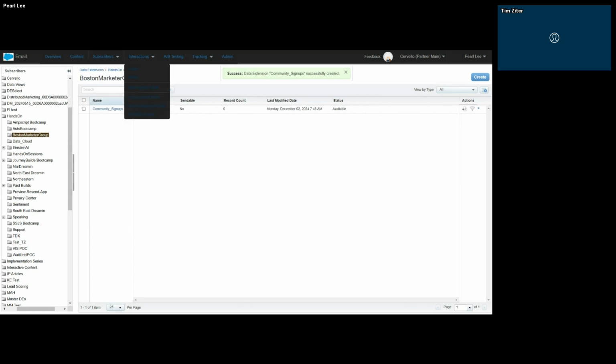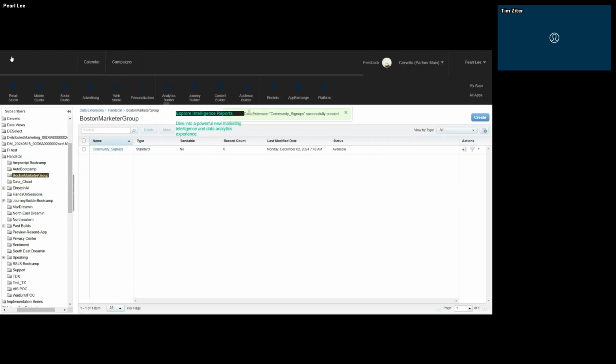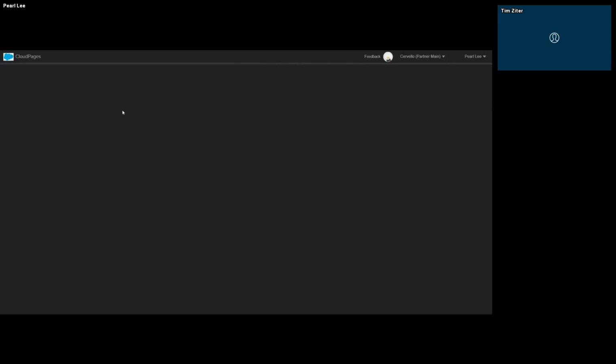If you go to the, see the blue cloud just to the left of email? Yeah. If you click on that blue cloud, there we go. And then under Web Studio. Okay, right here. There we go. And then we're going to go into Cloud Pages. Now, Cloud Pages gives you the ability to create these different landing pages. You can create microsites. It's a really cool tool.